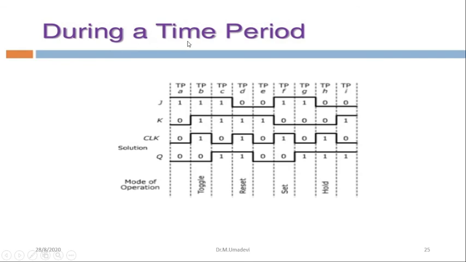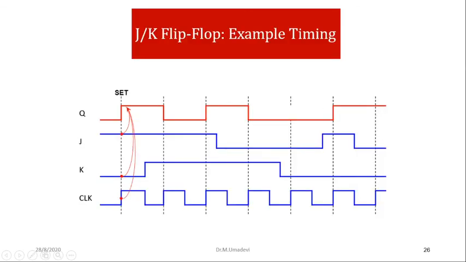And this is a time period diagram for the JK flip-flop. TP is the time period for the first clock pulse, second, third, fourth, fifth, sixth, seventh, eighth and ninth. Here J is in the high state for the first 3 states, then in the low state for 2, and again 2 high and 2 low. This is the K input: 0, then all ones, 4 times ones, then 0, 1. Then this is the clock pulse. The clock pulse always goes from low to high, low to high, and this is the output condition. This is the best example for JK flip-flop timings.